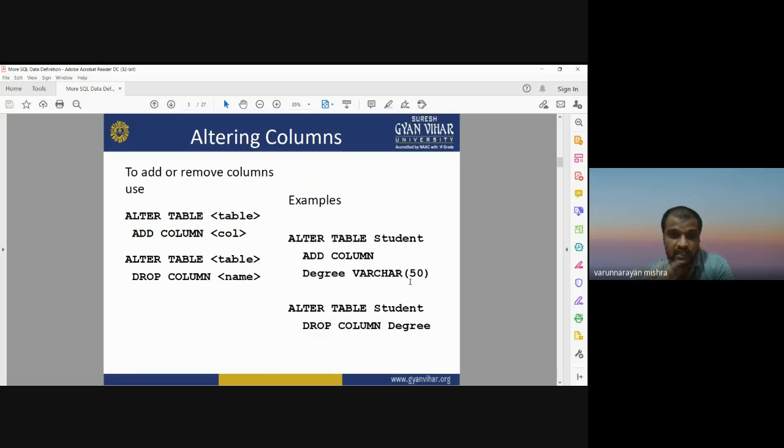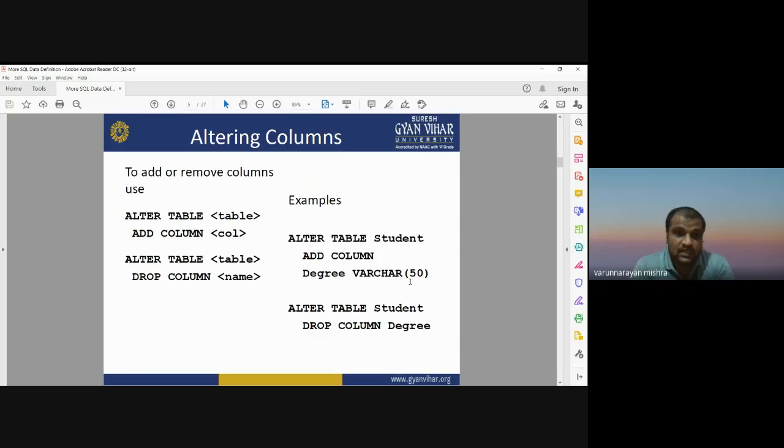So before adding any column, you have to define its length, the character length. Suppose you want to add the name of the student, then you have to define the maximum length of the characters. If you want to add the address of the student, then you have to write the maximum length of the characters, 50, 100. It supports up to 200 characters, which means you can enter text up to 200 characters in that table or in that database.